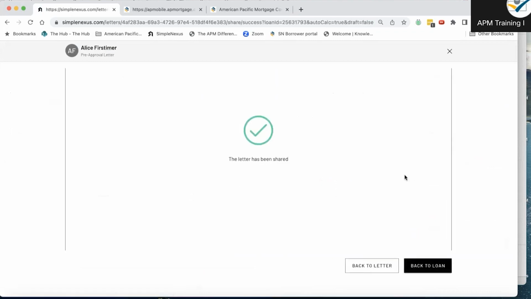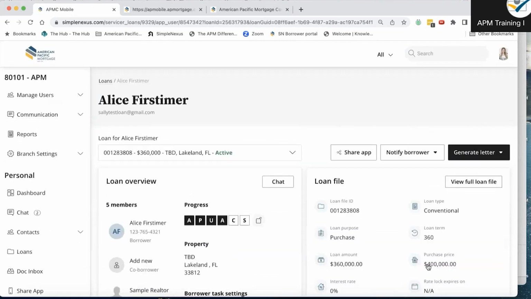And now the borrower would have gotten a notification or an email letting them know that that pre-approval letter is there, and the agent will get that as well. I'm going to hit back to loan. All right, so next I want to show you guys